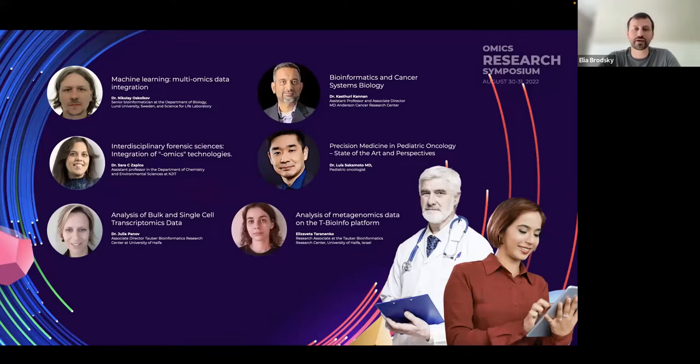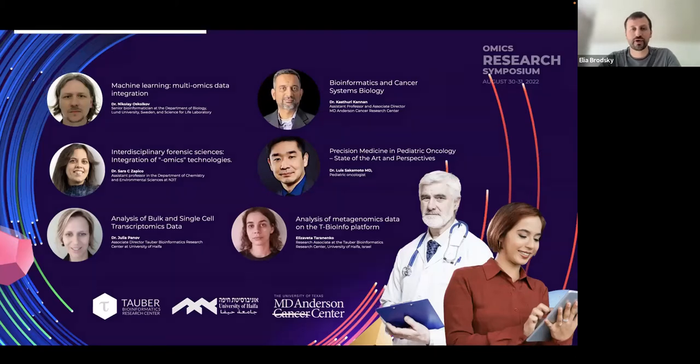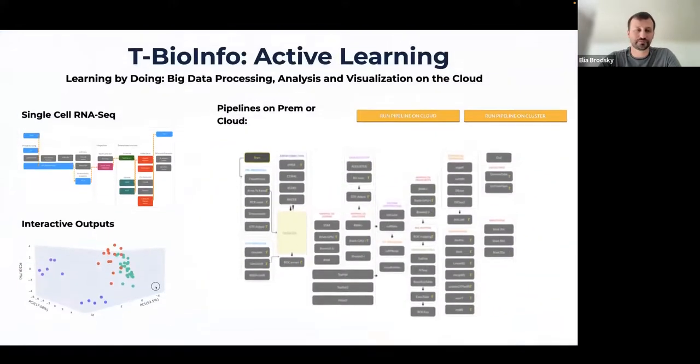We regularly bring them together to talk about the future of these kinds of bioinformatics applications in different areas of research. We host those twice a year. This is our Omics Research Symposium, and experts from different domains come and discuss. So we build a pipeline from training to application to then interaction with a network of mentors and